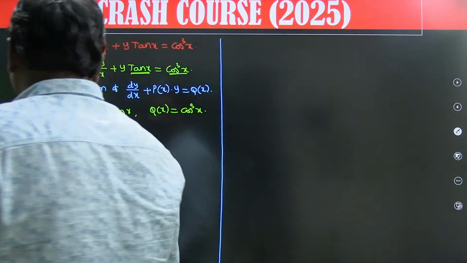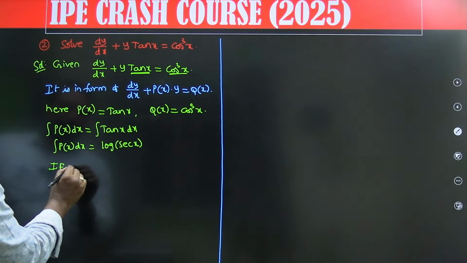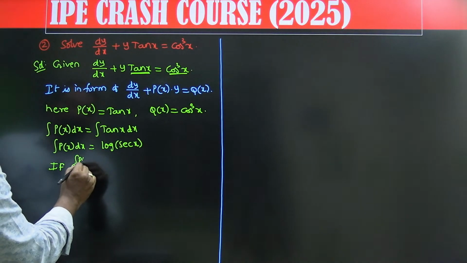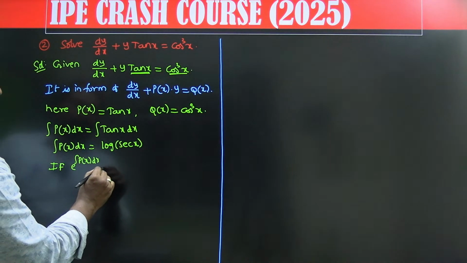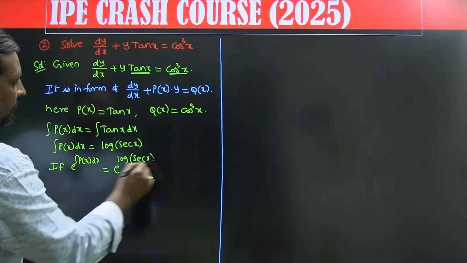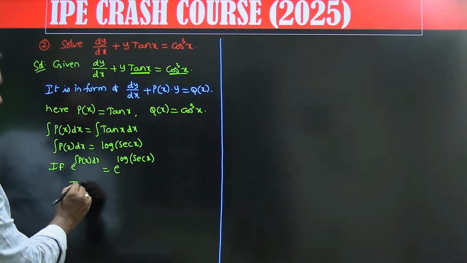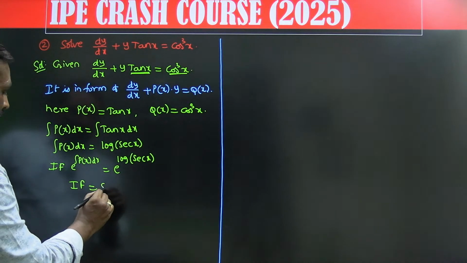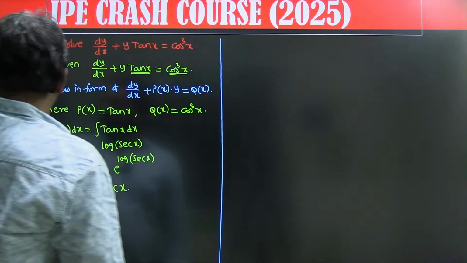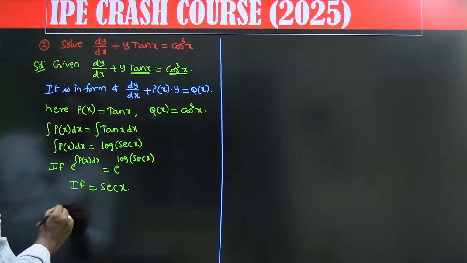Now if we go for the integrating factor, IF is e power integral p of x dx. So e power log of secant x. Before, in the previous problem, we also used this formula. So this IF is equals to secant x. Solution is